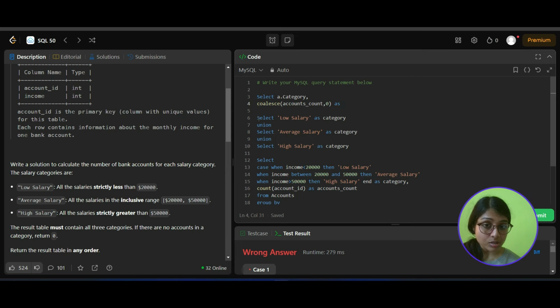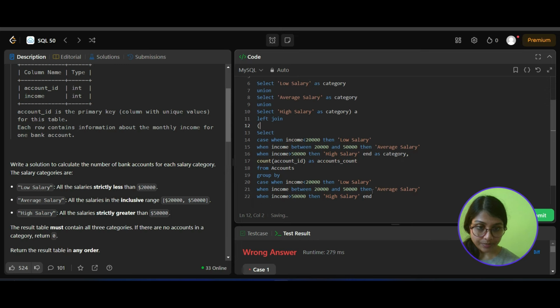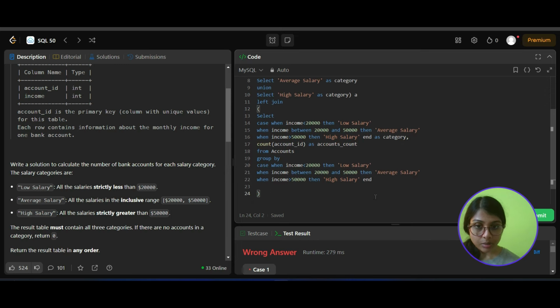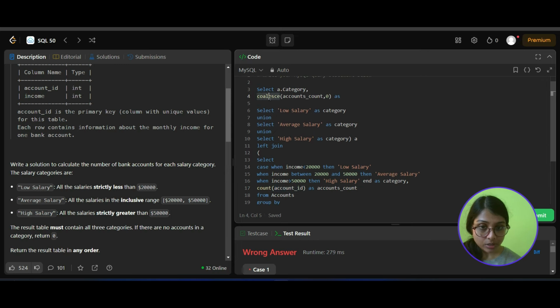So what am I doing here? Basically I'm creating a separate table, then I'm using that particular table as my left table, and then we will join it with the below table. You will understand in 1 minute itself when I complete the code. So here in the second table, we have taken the actual table and data, and based on the data, we have calculated category and counted the total income as well. Sorry, counted the total number of account IDs as well. But here we don't need all of that. So here we just need, let's say, from